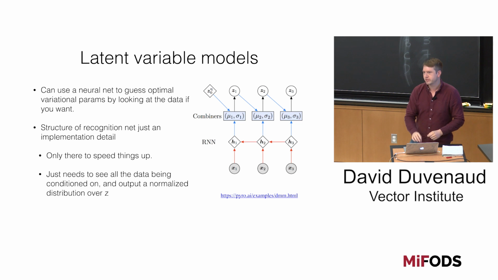If we're doing variational inference, then it doesn't matter what form we make P of Z given X, or rather, let's call it Q of Z given X, except that the closer we are to the true posterior, the better our inferences will be. So again, I want to say this is only here to speed things up. After we trained our model, we could do any sort of approximate inference. This is just learning to recognize different situations based on data we've seen before. Okay, so any question about this so far?